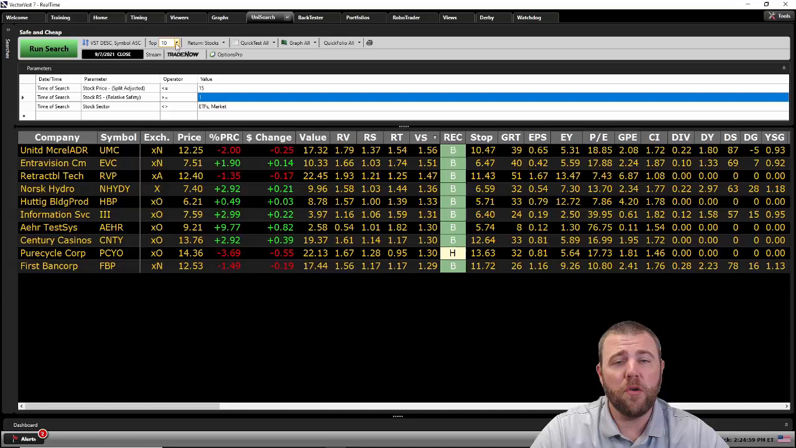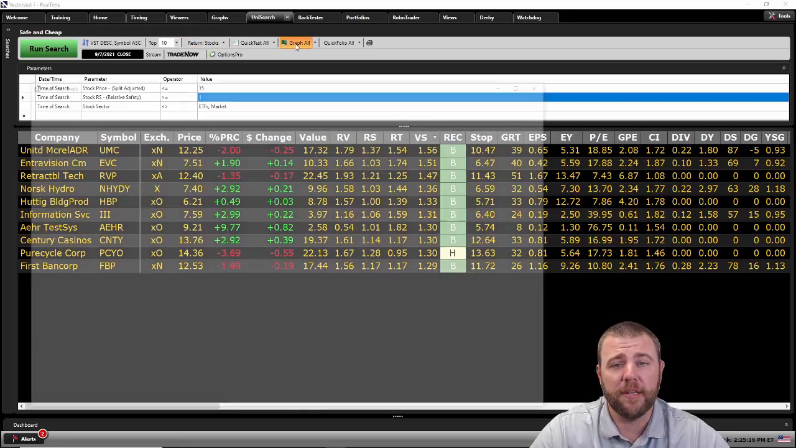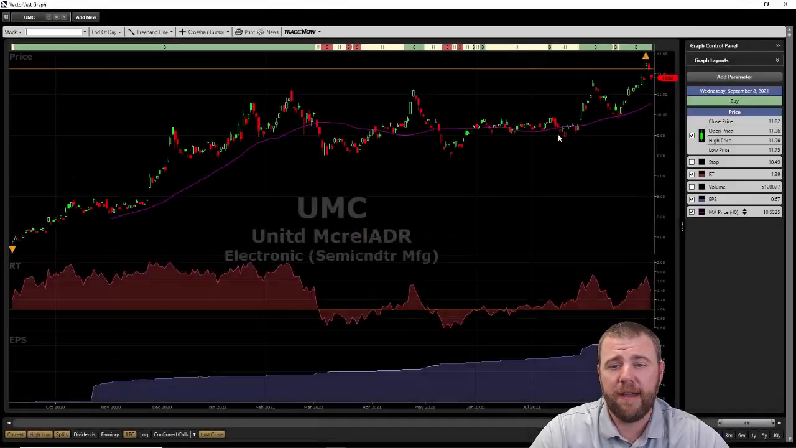Well, let's go ahead and take a look at the graph. Because here at VectorVest, we always recommend, before ever purchasing a stock, always taking a look at the graph of a stock. A graph is like a big picture of the stock, and as the old saying goes, a picture is worth 1,000 words. So here we just click on the graph all button at the top, maximize our graph,